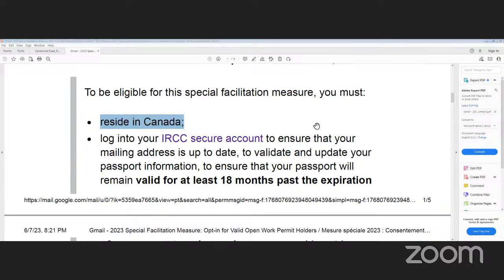So he has to be residing in Canada, and the address has to be here if he wants to go back. But at the time of application, he has to be physically present here and residing in Canada.